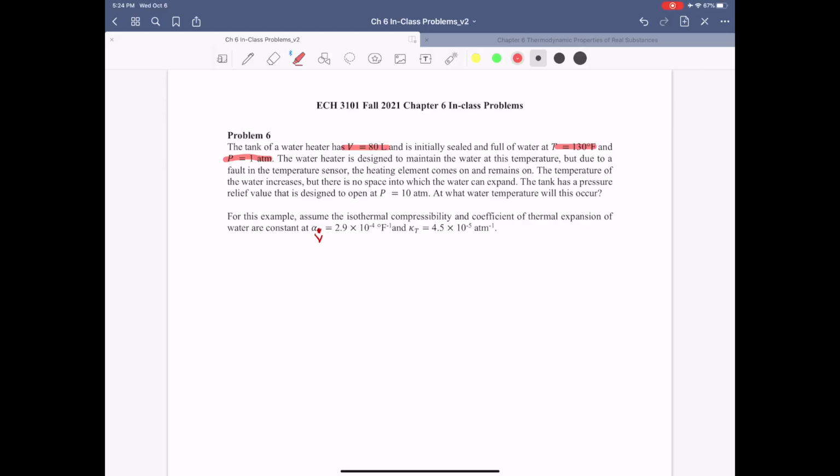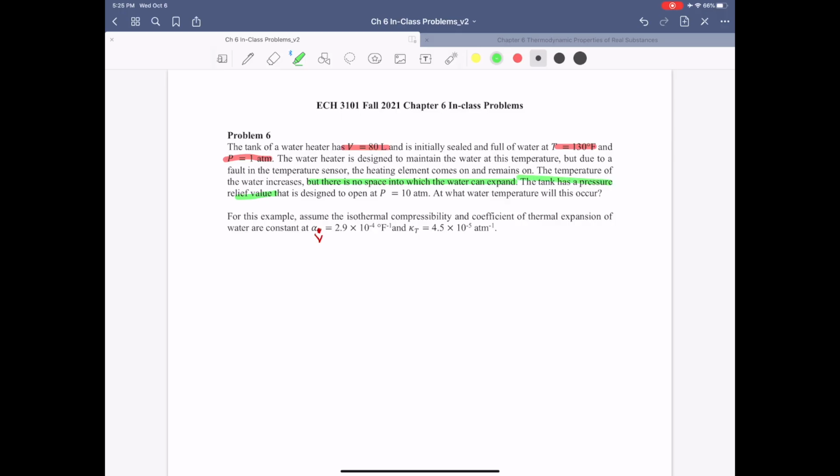These water heaters are designed to maintain the water at that temperature, but there's a malfunction with the instrument, and unfortunately the heating element remains on, so heat is continuously being added to the water. Because heat's continuously being added, the temperature of the water is increasing as well. Because this tank is like a rigid system, the water can't really expand anywhere. The volume can't change. But as a result of the heat continuously being added and the temperature rising, the pressure of the system is going to